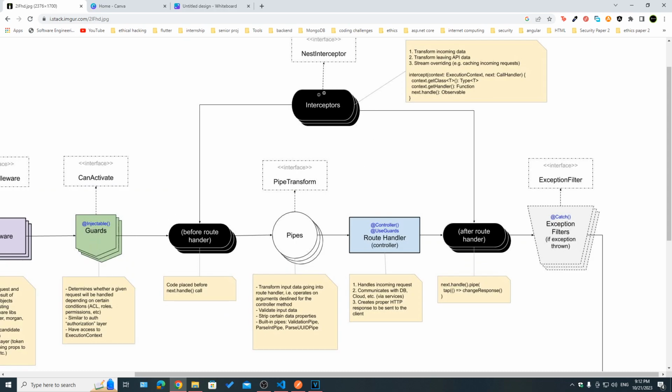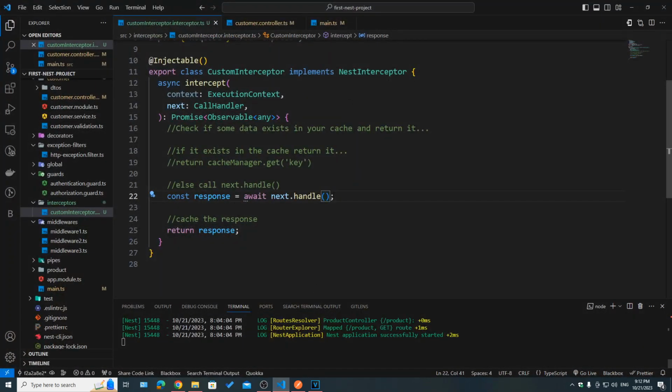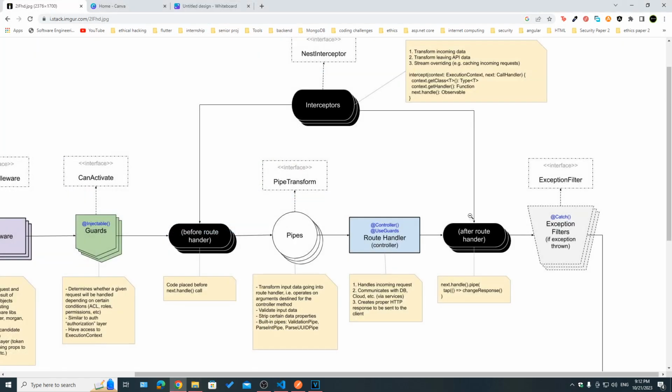The request is going to go to the interceptors. So the third step after the middlewares and the guards is the interceptor. Here we can see it divided into two parts, before the route handler and then after the route handler. Just like we've seen here, before the route handler, everything being done before actually invoking next.handle, which invokes our route handler, and then everything after, which is this part right here. Now, after the request enters our interceptor, which by the way implements NestInterceptor, like we've seen in this video,